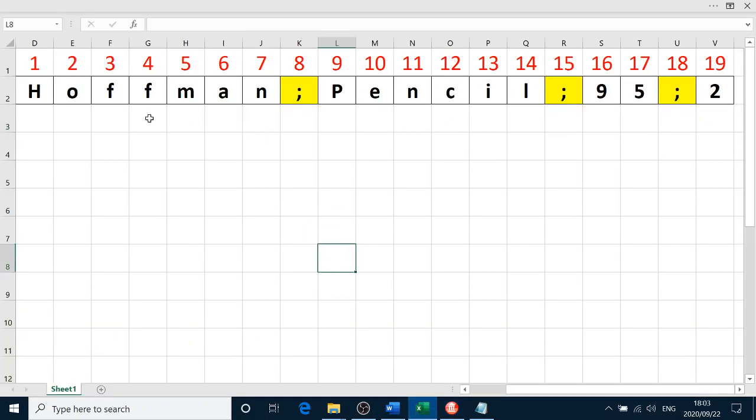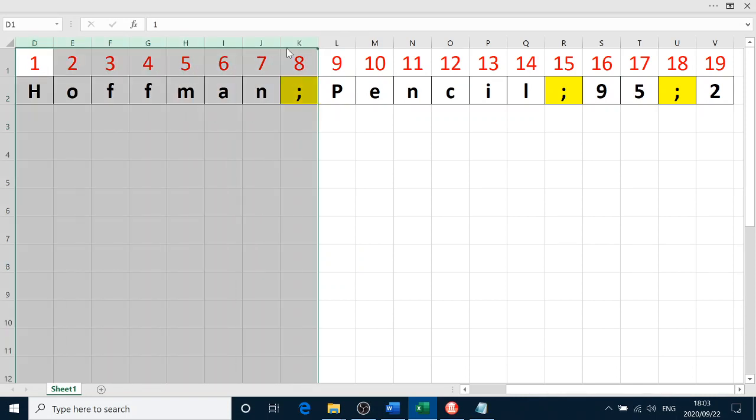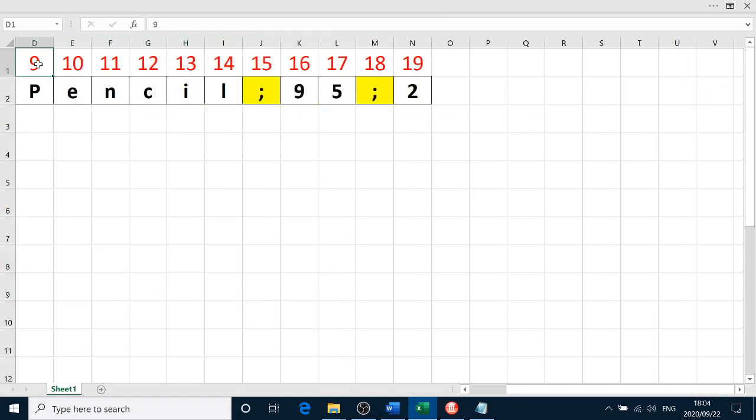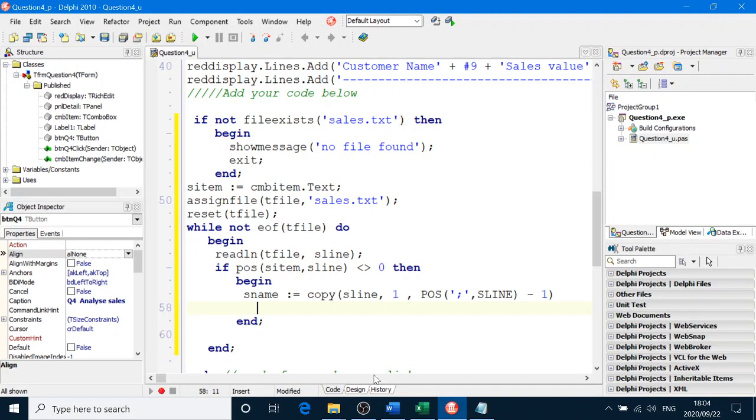Well, we're going to delete it. Don't forget that this is sLine, okay? This is sLine. We want to delete all of this so that we can then start. sLine will now be this. We'll now be left starting with the name of the item. So we delete from sLine all the way up to and including the position of the semicolon. We delete, and then we can say sItem